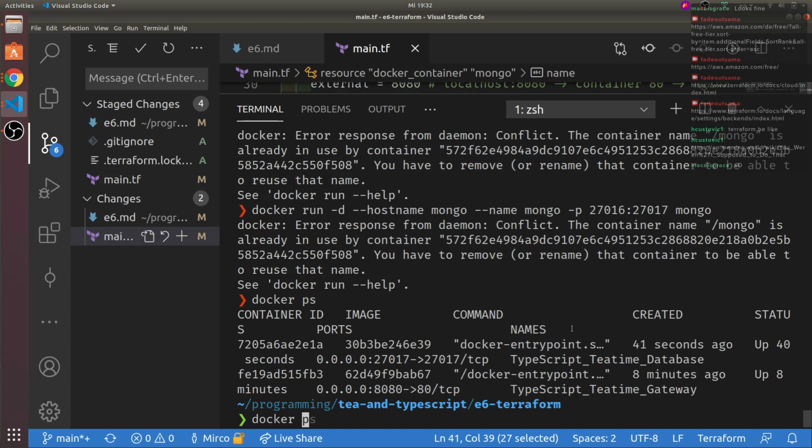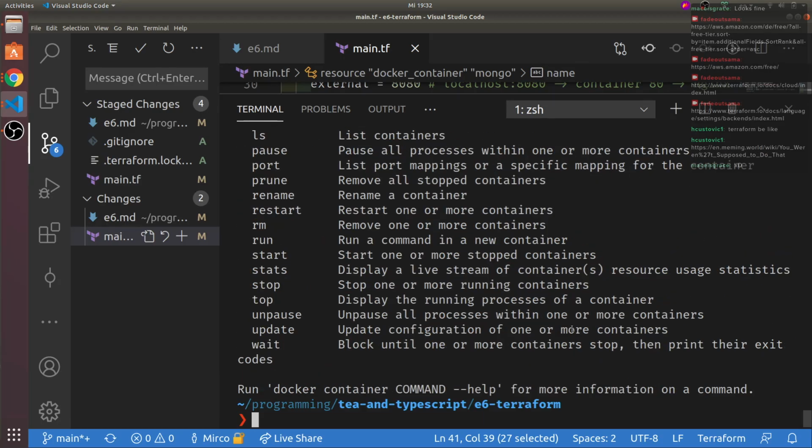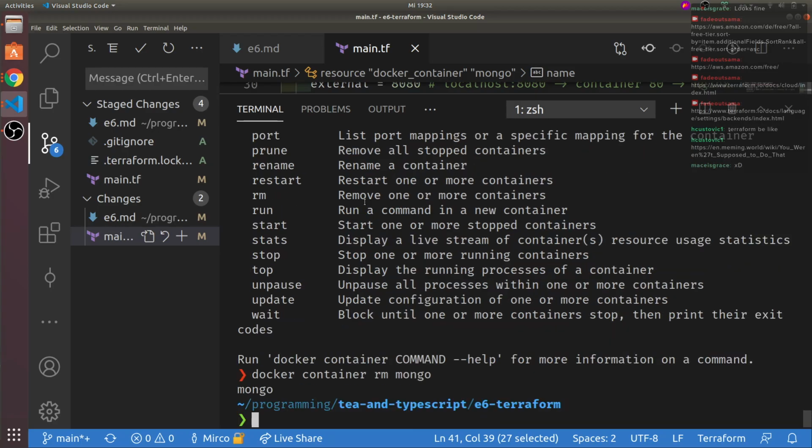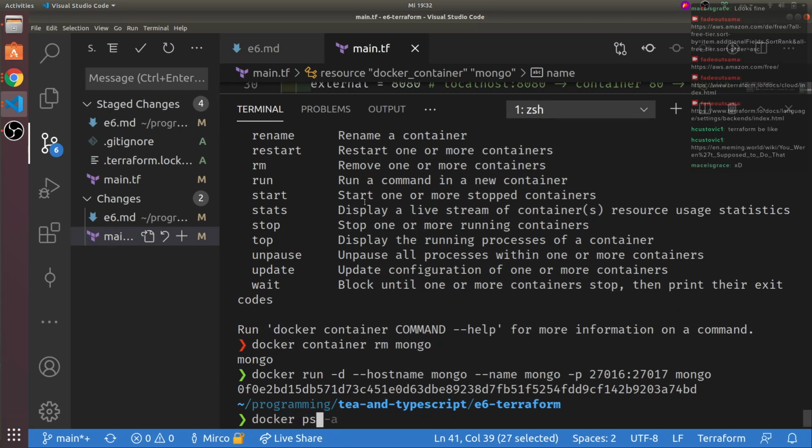I think the -a Docker container remove RM. Now I can run this on my local machine with 27017. And that works. So now I have 2 Mongos running.